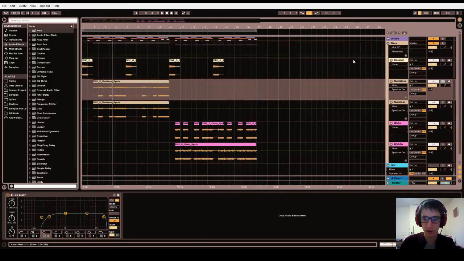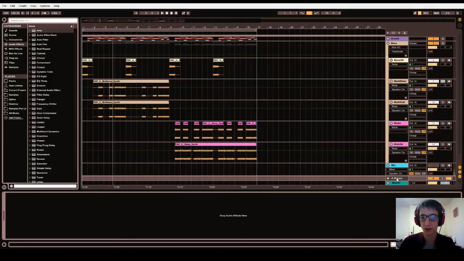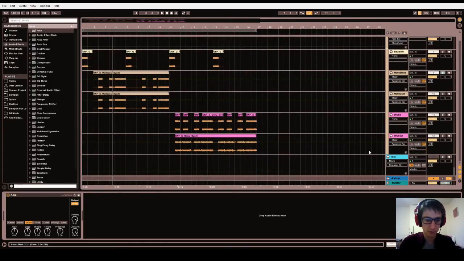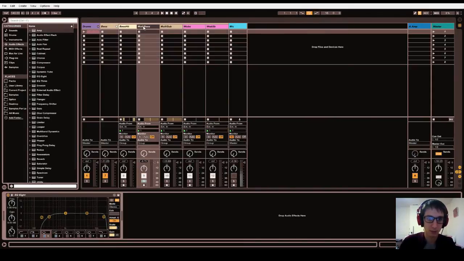So then the second way would be to use a send, right? So down here you'll use returns and sends. So down here you'll see that we have an A return, right? So what I'm going to do is I'm going to drop this same amp on this A return. So now I have to set it up so that this multi-bass is going to send, right? So you see A send here. So right now, if I put this up to 100%, what it's doing is it's sending 100% of that signal all the way to this amp. So when I hit it,